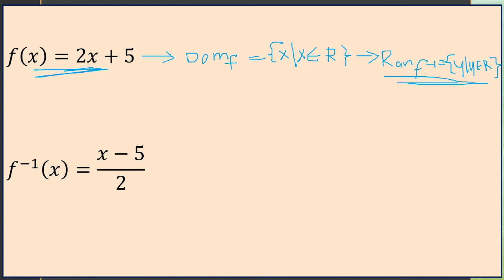Ang inverse po niyan, eto na po yung inverse niyan. Yung kaninang na-solve natin. Kukunin lang natin dito yung domain. Ano pa yung domain ng inverse natin? Kasi meron na tayong range. So, ang domain dito is, as you look, the denominator is 2. So, meaning to say, wala po tayo ditong undefined number. So, meaning to say, the domain of the